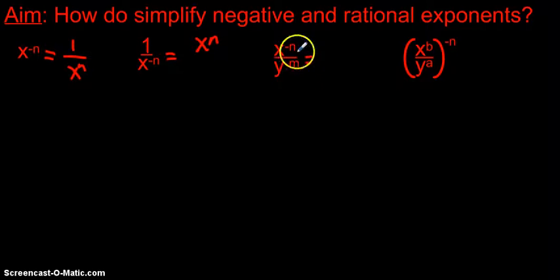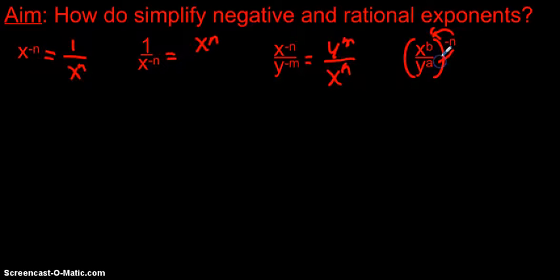Same thing happens for a fraction. If you have multiple parts with negative exponents, they will each go where they were not before. So that one, the y to the m will go to the numerator, and the x to the n will go to the denominator. The power rule of exponents says we should multiply